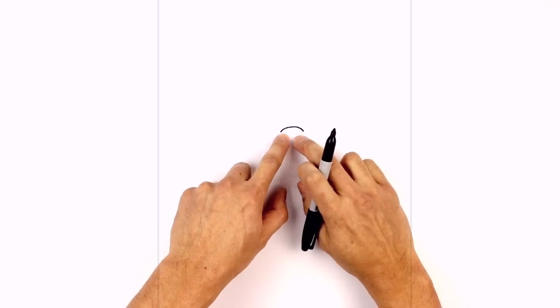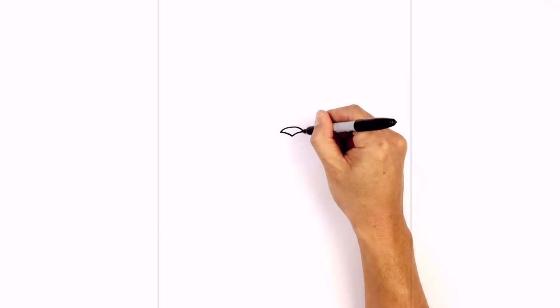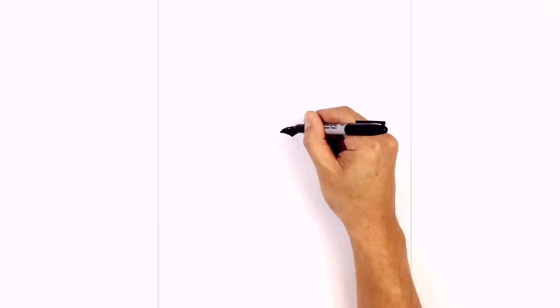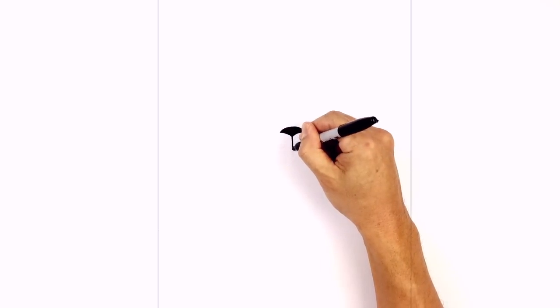Now we're going to take these 2 points and curve in towards the center point. Starting on the left, we'll curve down. We'll curve back up on the right side. We're going to color the nose in black. At the bottom of the nose, we're just going to draw a straight line coming down towards the top of